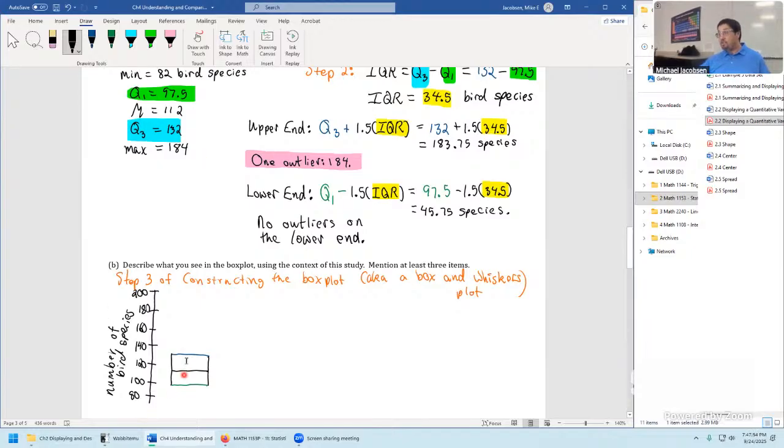The quartiles are represented this way. The median gets put into that position. And you don't have to put this on your notes. It'd be weird to add this as a legend every time you did a box plot, but just for reference, that's the median value. Upper quartile is that value. And lower quartile is that value there. So we're just about done constructing it. Any questions at the moment?